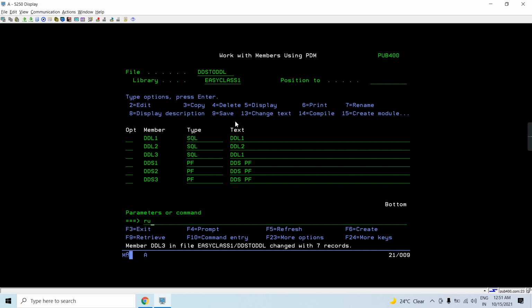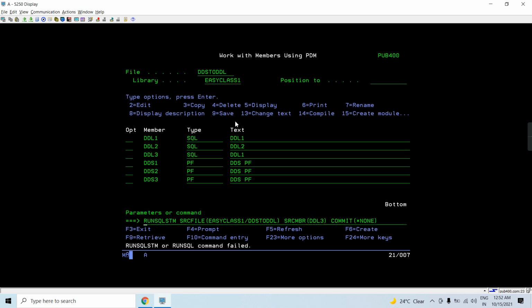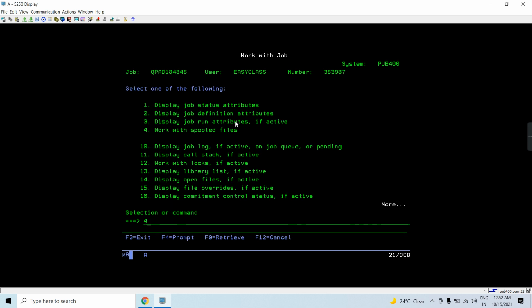Now we need to compile this using the run SQL stream, DDS to DDL. Just check what the error is.